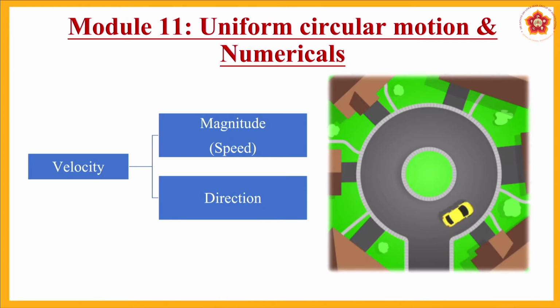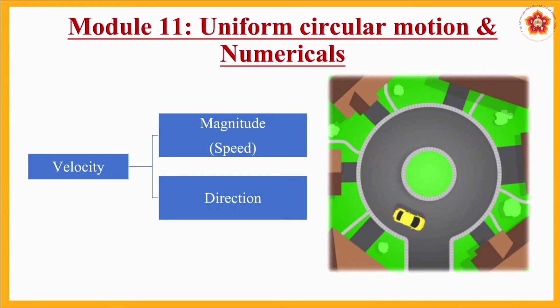Now look at this diagram. So we have this car moving on a circular track, and we can make out that it is moving with a constant speed. So speed here, the magnitude of the velocity is remaining constant, but what is happening at every point on the track, the car is changing its direction. Continuously it is changing. So suppose you start from any point, so to come back to that point it is covering 360 degrees and coming back to the same point. So here change in velocity is happening not because of speed but because of direction.